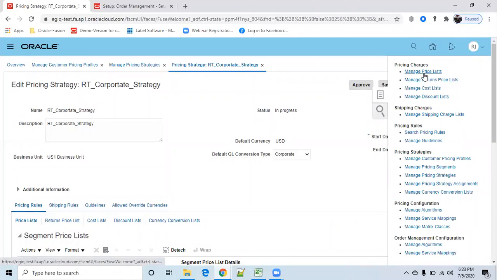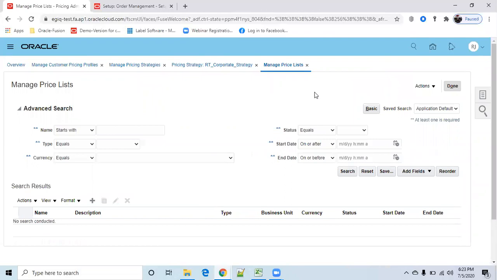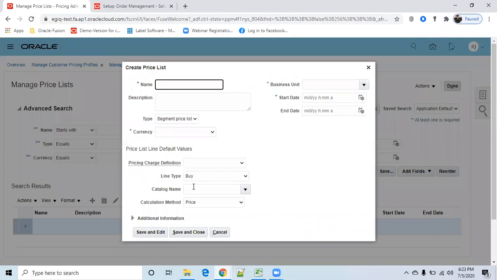It will be a bit tricky. If you repeat the video, at least once or twice, you'll understand some of the things. Otherwise, starting only at one shot, it will be tougher to understand. Okay, now in the price list, I want to create my price list for my item. So now RT pricing list.